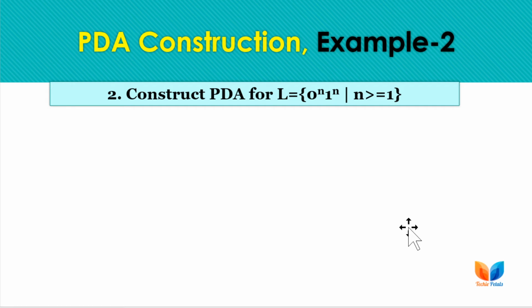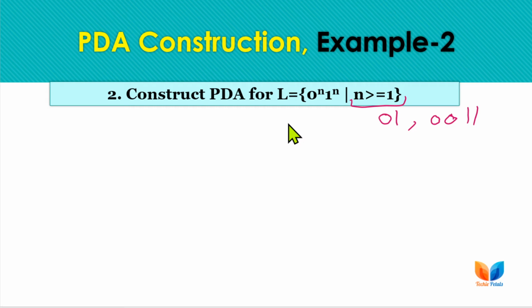Okay, so for this question the requirement is that n must be greater than or equal to 1, so the minimum string for acceptance is 0 1. Okay, so the minimum string is 0 1 to be accepted, and the next minimum can be 00 11. So the same number of zeros followed by the same number of ones is our requirement, and we will be carrying this question for all further examples, meaning examples number 3, 4 and 5, where we will be taking the same language with a little bit of variation. Okay, so through those variations you can learn the concepts of PDA.